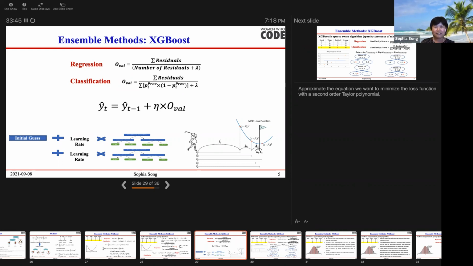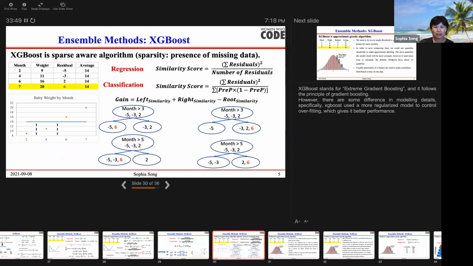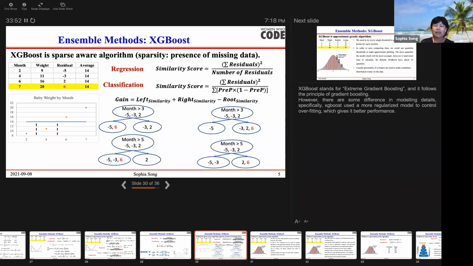However, this is only the algorithm of how XGBoost works. XGBoost is a very powerful algorithm. For example, XGBoost is a sparse aware algorithm. Here I have one record where I have a missing value for the month, right? So for this one, XGBoost can set up a default